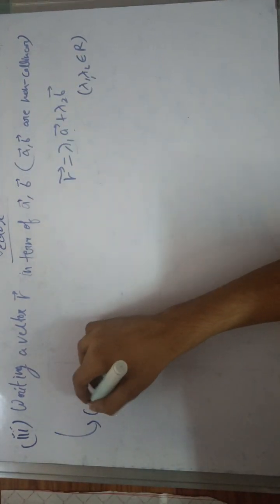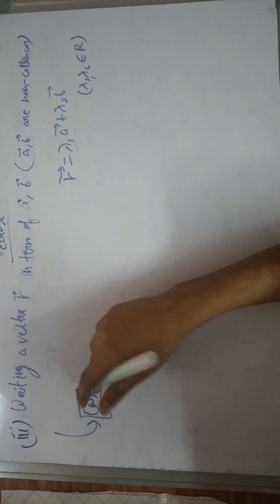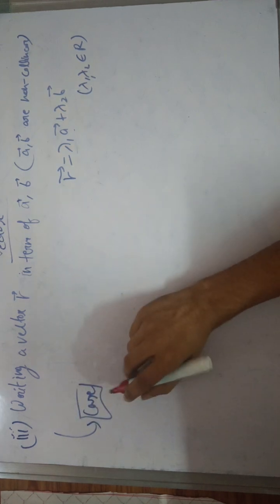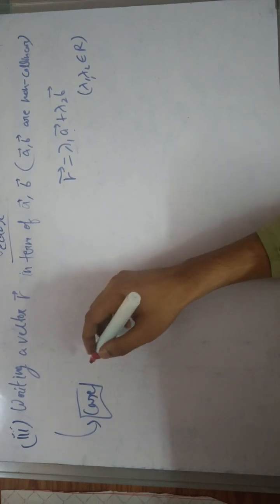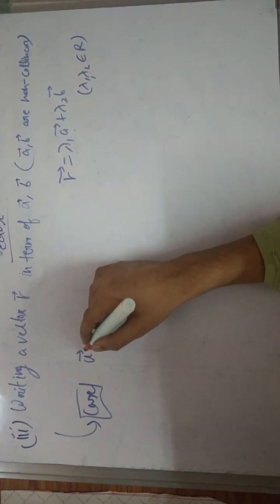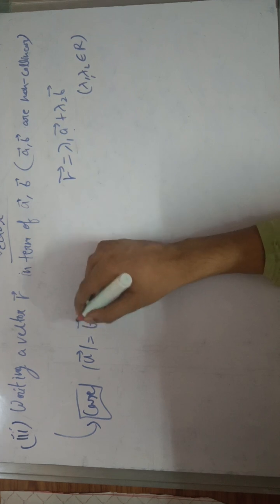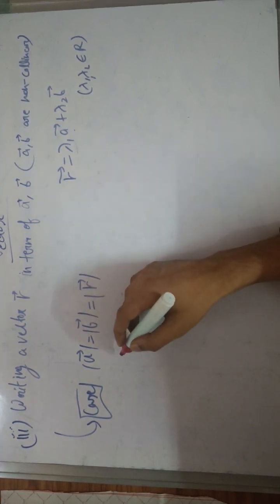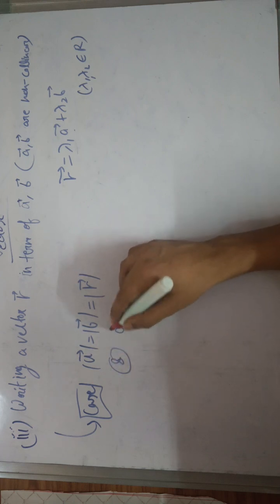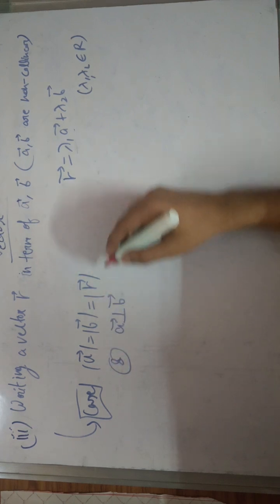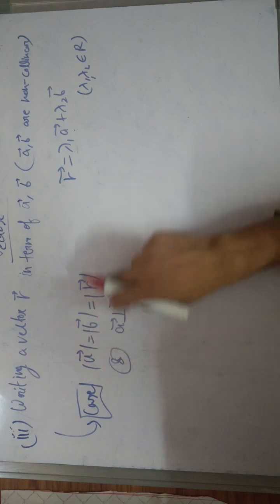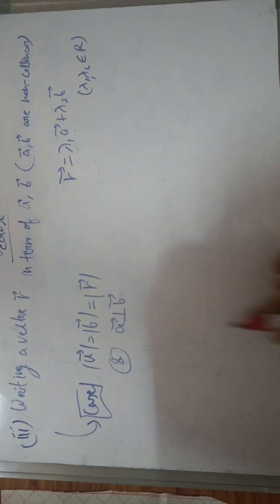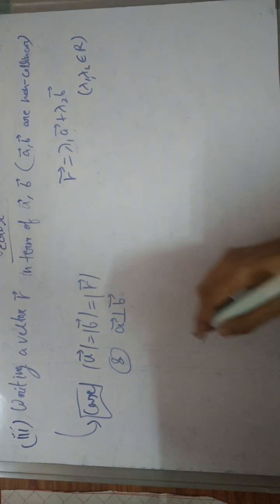Now it gives a special case which is important for us. Let's say we have A vector with magnitude equal to B vector's magnitude, and the vector R is perpendicular to B vector, meaning the magnitude of all three vectors is equal and the vector A is perpendicular to B, then